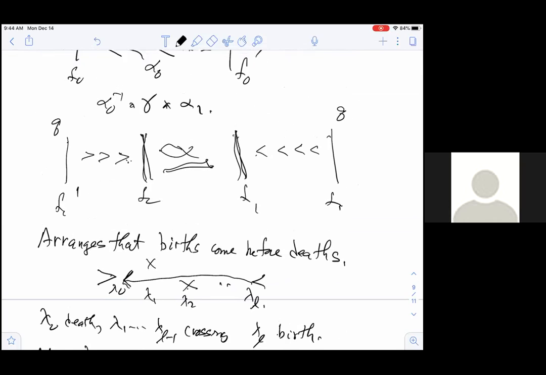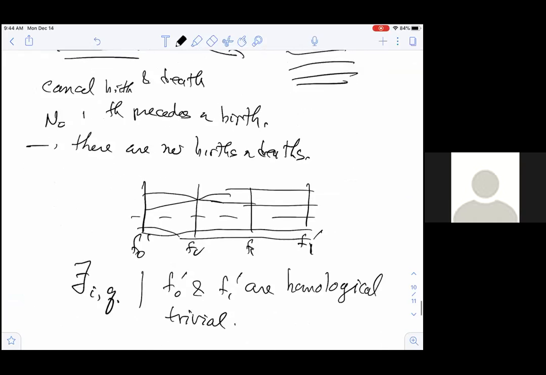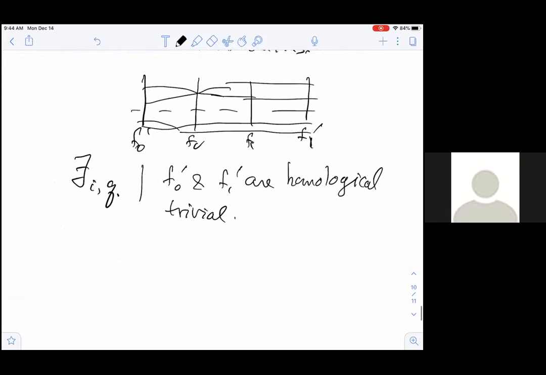So if you look over here from this perspective, you'll see the critical points cancel in pairs. So this is homologically trivial, same thing over there. So now I apply the theorem that says anytime you have a path between homologically trivial things, that implies F0 prime and F1 prime are in the same component